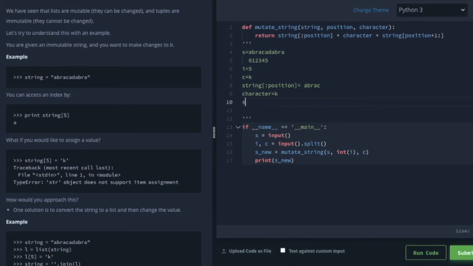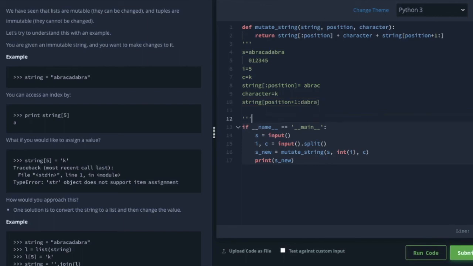And next, string from position plus 1. Why are we doing this? Right now we have 5 characters, and if we started again from string position, it would start from the same a again, but we have actually added one more character here, so it becomes 6. That's why we add one more position to make sure we get the correct result. From here it goes to the end of the string. So it calculates from position plus 1: position is 5, 5 plus 1 is 6. So after k it prints DABRA.